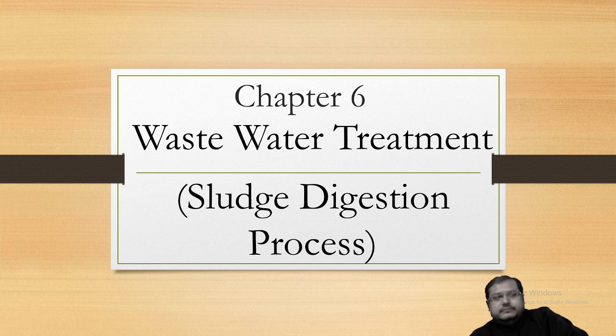Correct. Now the point is, if this is happening with the biomass, then what will be the scenario? So this particular settlement process is called zone settling or compression settling, which is nothing but the type 4 settling process.